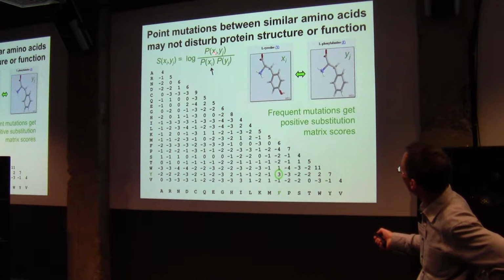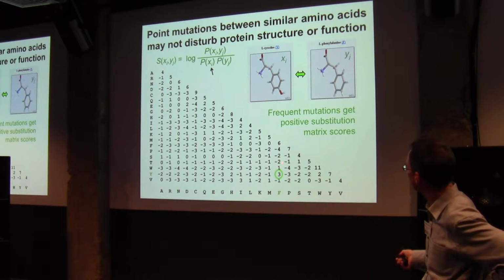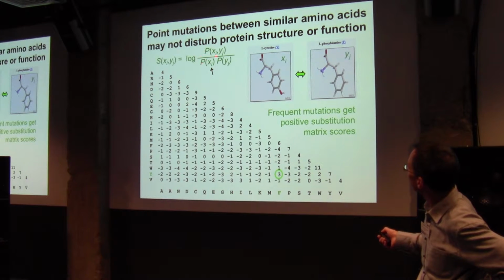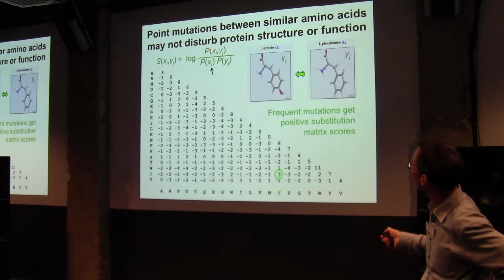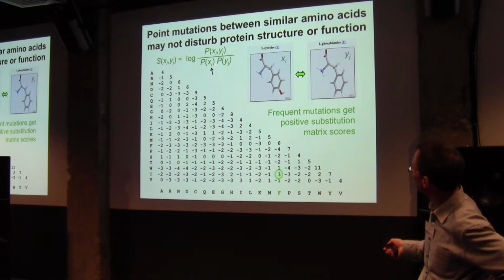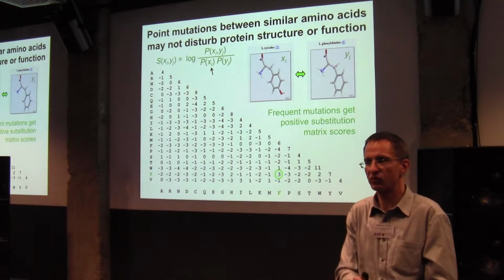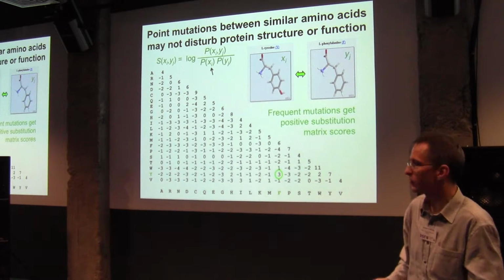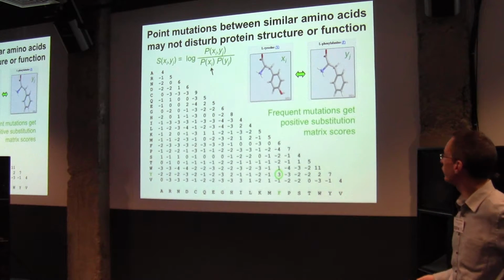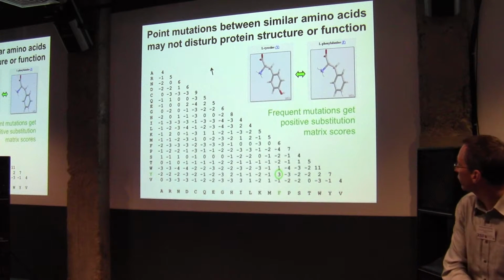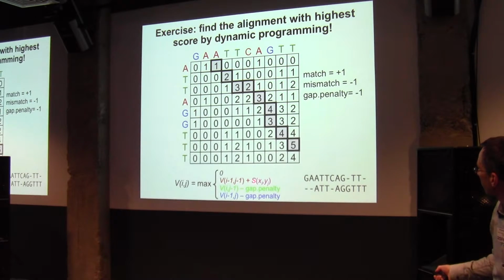So the statistic is how often you see 2 amino acids aligned with each other in many training alignments, divided by the independent probabilities of those 2 amino acids. And if you take the logarithm of this ratio, you get something that is positive if they like to be aligned to each other, and negative if they tend not to be aligned to each other. Okay, so this gives you a natural score that we then use as a quantitative measure of similarity of 2 amino acids.